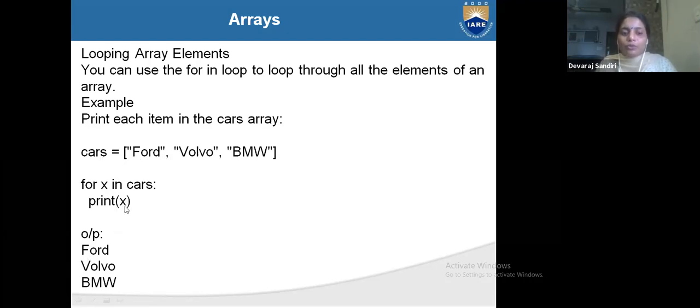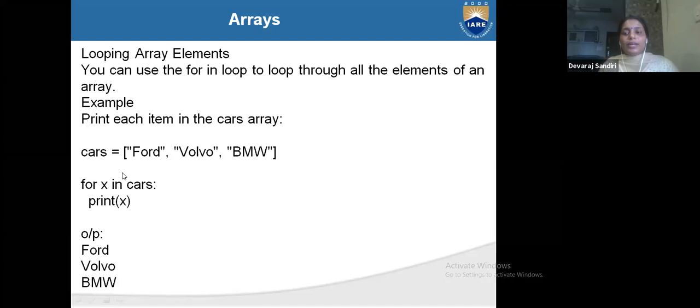Now cars of 1, Volvo, it will print Volvo. Now cars of 2, BMW, it will print BMW. It will print one by one, in column order.